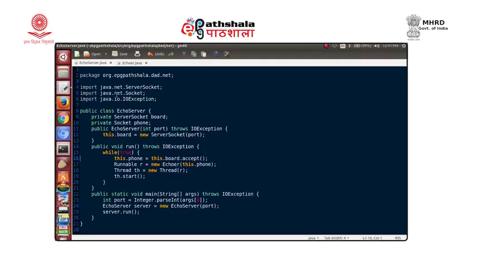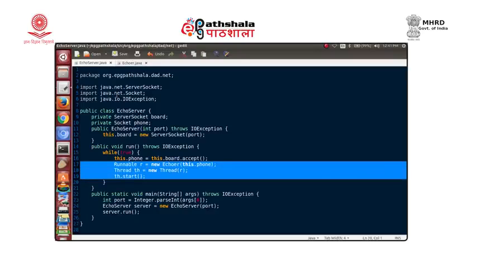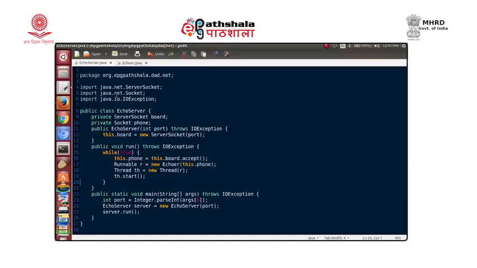In this echo server, there is a run method in which it is just waiting for a connection, and then we have these steps for creating a new thread of execution, which we had seen last time. That was typical multi-threading, but it is a while true loop, and as and when any client connects, immediately a thread of execution is created to start handling that client.